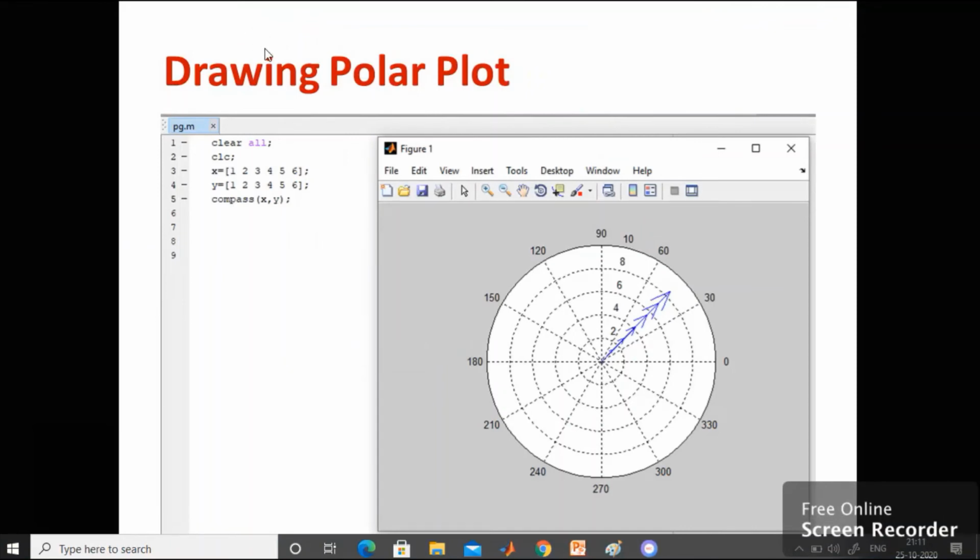Now let us learn how to make the polar plot. This curve will be suitable for control systems. If you are drawing the polar plot, this will be really helpful. So how to make the polar plot with the help of MATLAB. I'll be teaching you the commands used to make the polar plot. So let us go to MATLAB. Before that you can familiarize yourself with the command, that is compass. Compass variable 1, variable 2. So this command can be remembered.